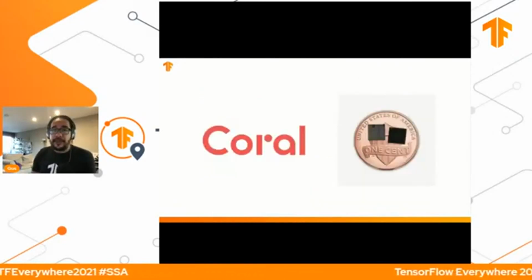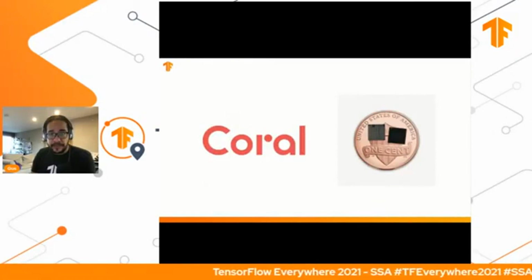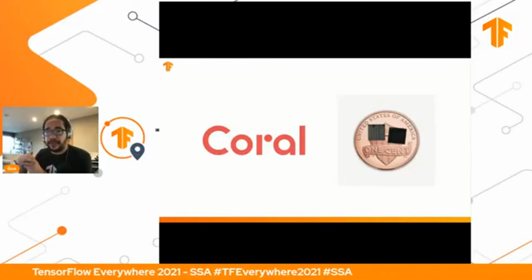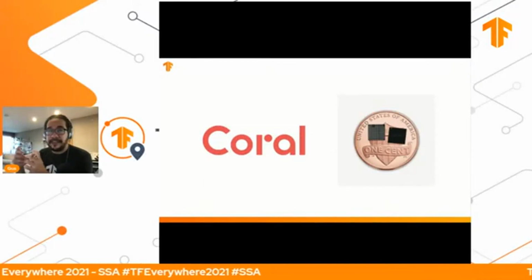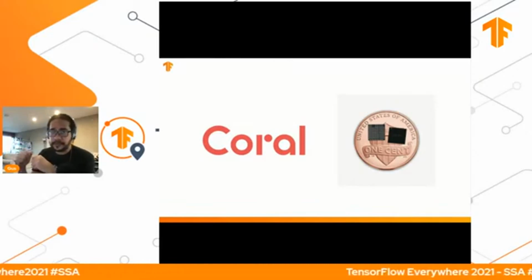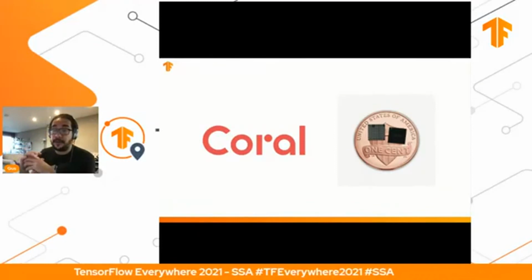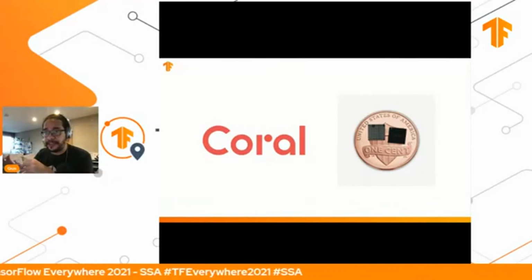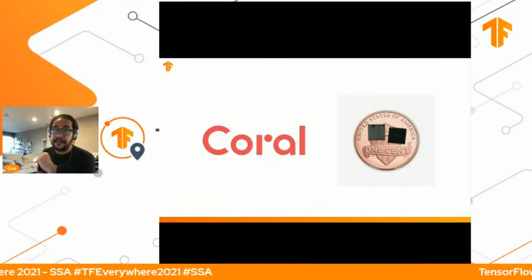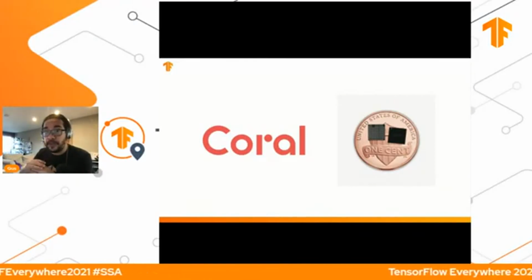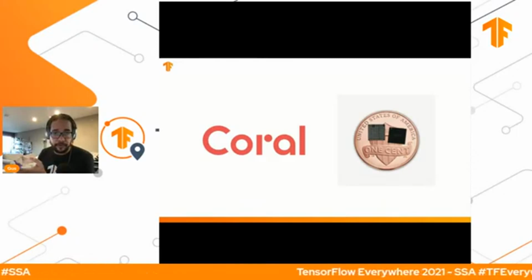Aside from that, we also have something called Coral, which is a streamlined version of what TensorFlow Lite can do. And these models run on a chipset called Edge TPU. As you can see, there's a coin there, so the chips are super, super small. And TF Lite models run on this chip super fast. And this is something that can enable way more use cases than only on the phone, right?